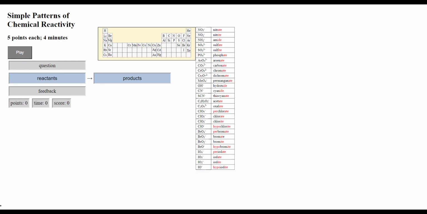Welcome to exercise or tutorial 3.2 part 2. This is the second of 3 on simple patterns of chemical reactivity. So this is what the exercise looks like on the website, and we'll look at that in a few